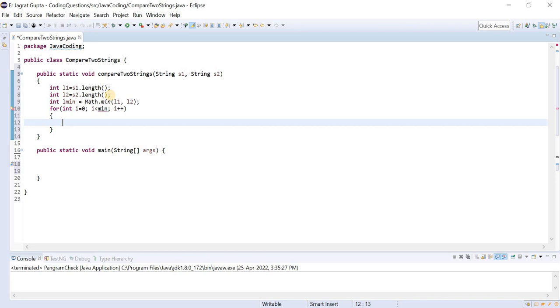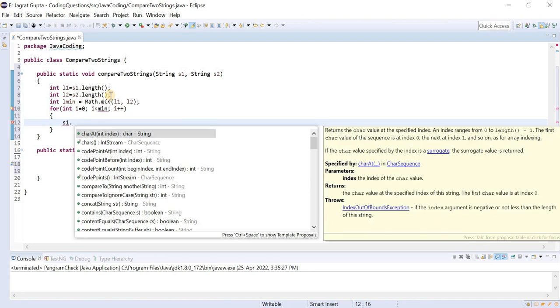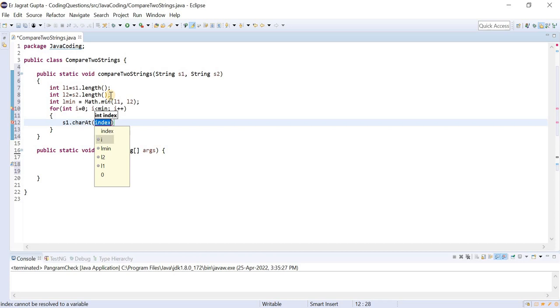If you want to extract any particular character, we have the method s1.charAt, and we can apply the index here.